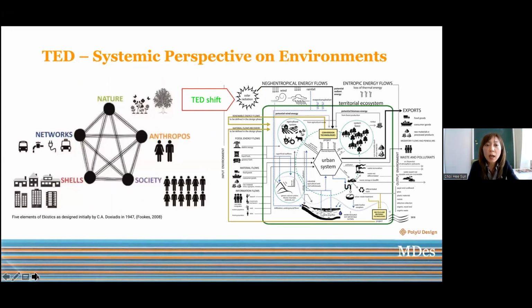So traditionally, how we understood sustainability and regenerative design, it was mainly 5 key aspects. That's what you see on the left-hand side: nature, the network, and even infrastructure, and then urban fabric, society, and then anthropos. But how we transform and transit in our course to look at this environment, we are trying to create and understand the broader scales of the holistic way of urban system, looking from the raw resources,